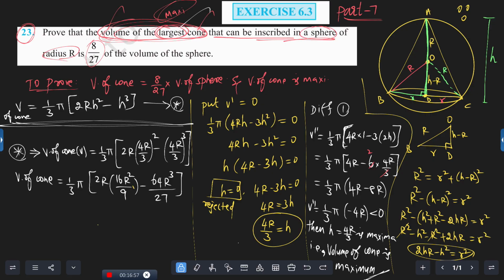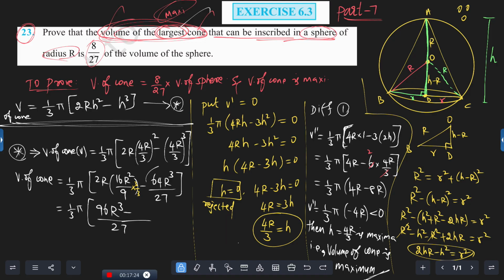27 you make better. Multiply 3, divide 3. Then it will be easy. Now you multiply what we have inside. 3 into 16, 48. 48 into 2, 96. R into R square, R cube. What I am getting? R cube, divided by